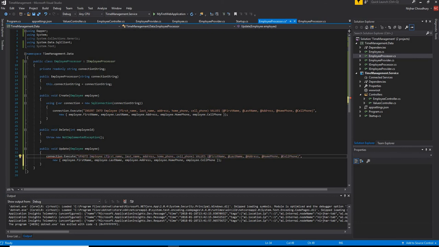So update employee, and let's add first name equal to @first name, last name equal to @last name, address equal to @address, and home phone equal to @home phone, cell phone equal to @cell phone,